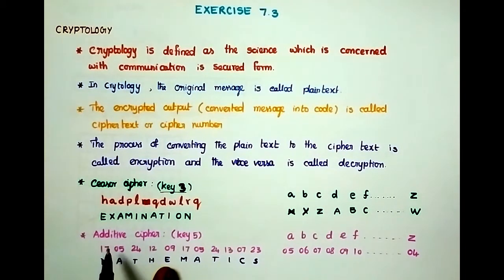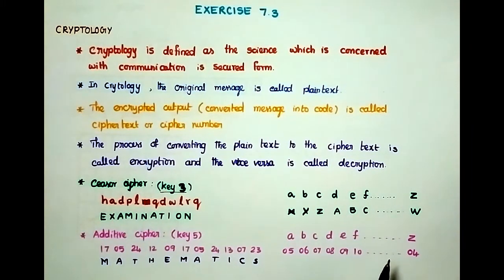Next one, additive cipher, key 5. Listen, here they use numbers for the letters. They use the numbers for the alphabets A, B, C, D, E, F till Z. Key 5 means the numbering starts from 5 onwards.